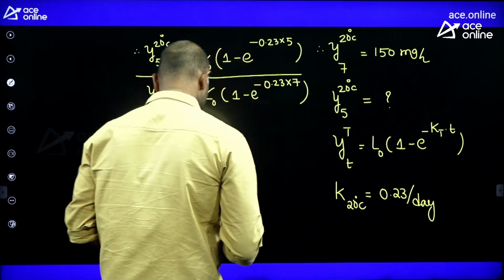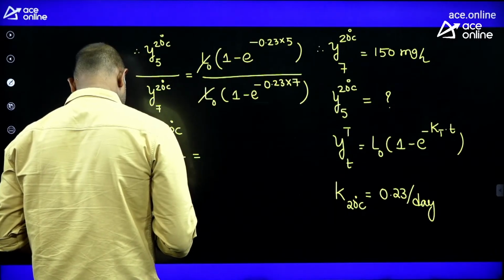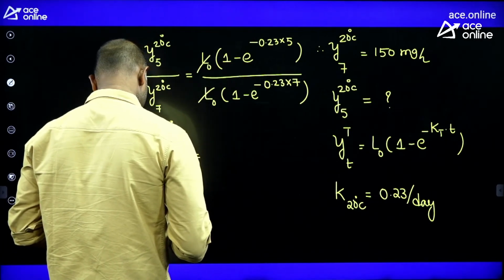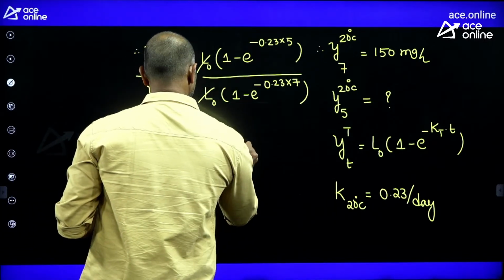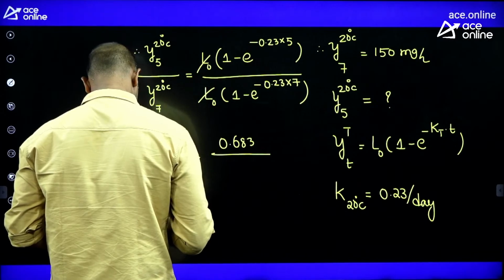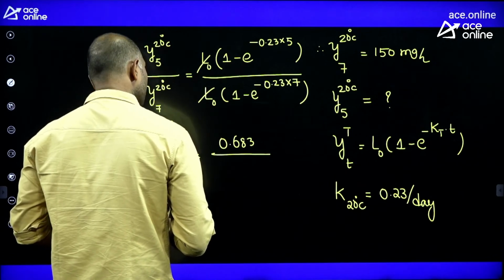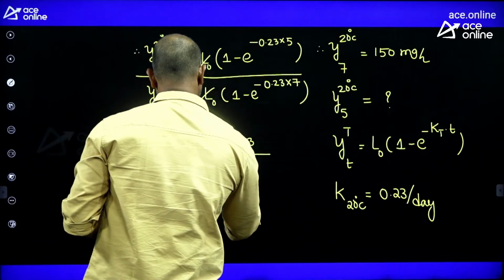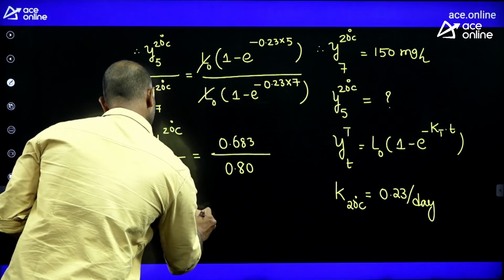So the numerator comes as 0.683, and the denominator comes as 0.80. So finally the 5-day BOD at 20 degrees centigrade is equal to